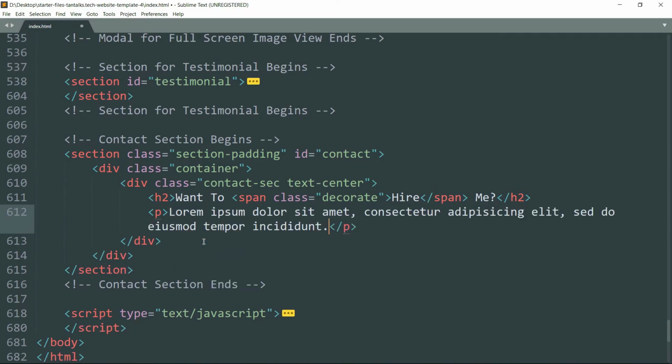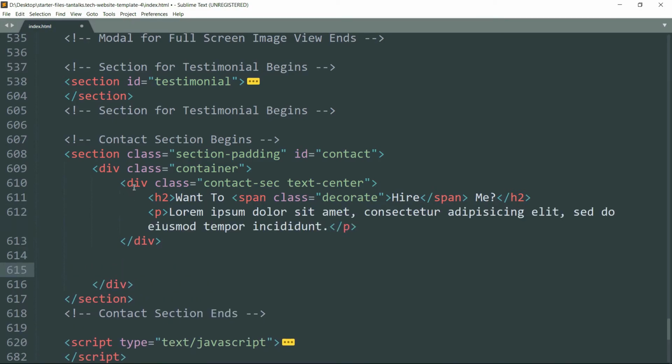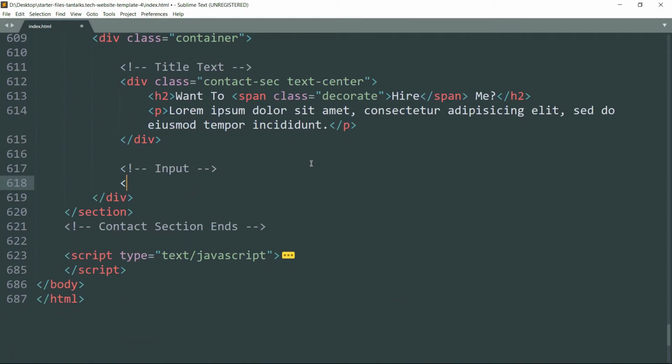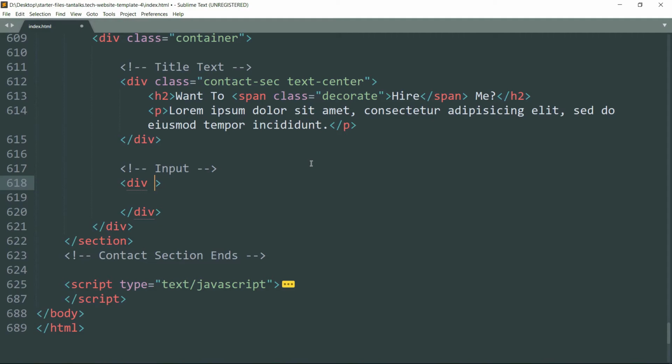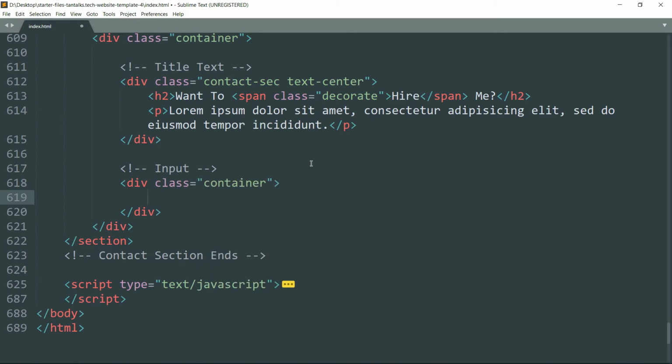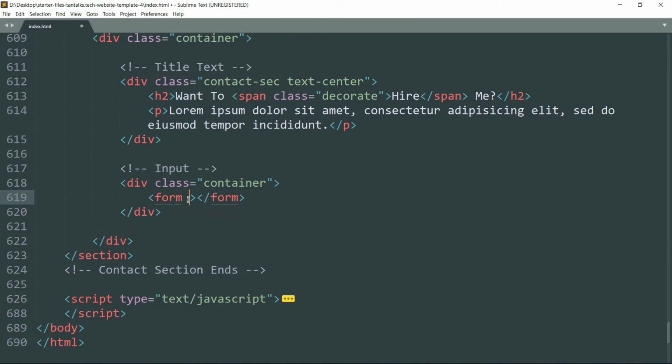Alright, so this is the title for this section. And now let's create the input forms. Create a div tag and write the class as container, then get inside and create a form tag, write class as contactForm with a capital F, the method as post, role as form,